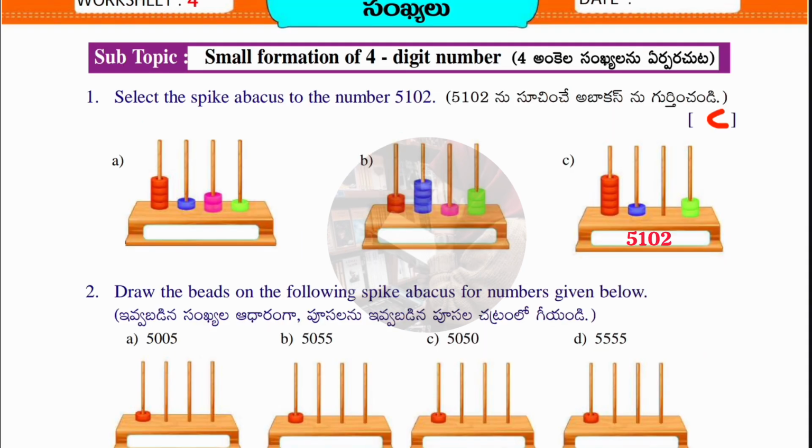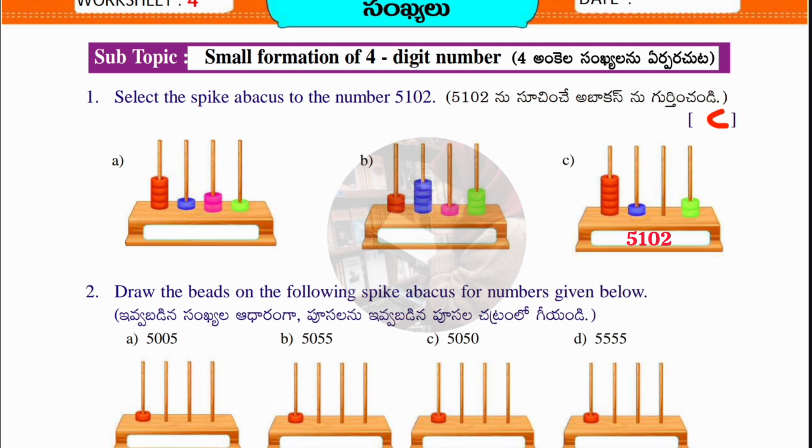Now we'll move to the fourth worksheet. Here the subtopic is formation of 4-digit numbers. We all know about the abacus, right? We know how to use it also. Here we have an abacus picture in which we have beads. By counting the beads we have to write down the correct answer. The first question is select the spike abacus for the number